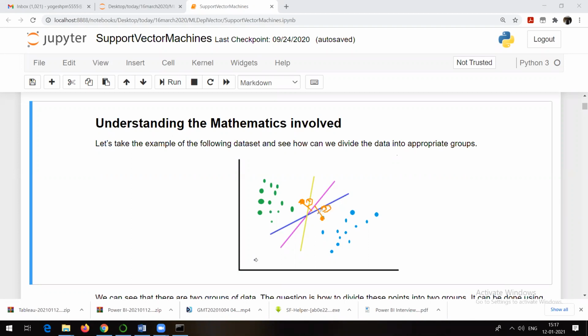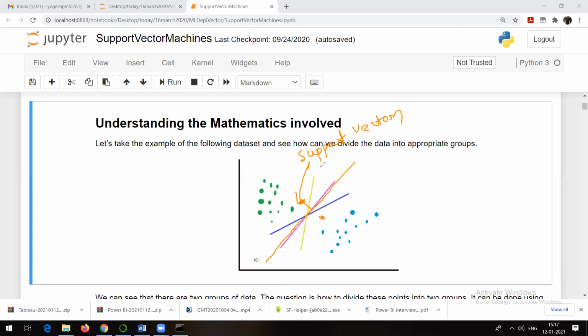Obviously, you don't have to do any mathematical calculation. You just need to call a support vector machine function. That's it. But in the backend, SVM is going to work like this. It is going to find a hyperplane in such a way that the distance of that hyperplane from these two points is as maximum as possible. And what are these two points called? They are called support vectors.